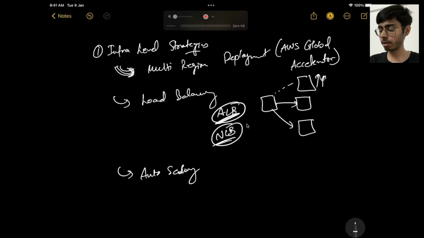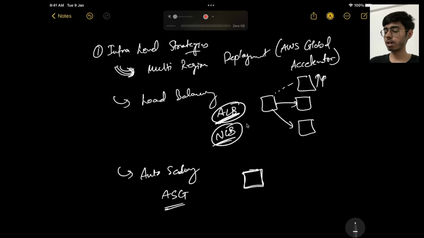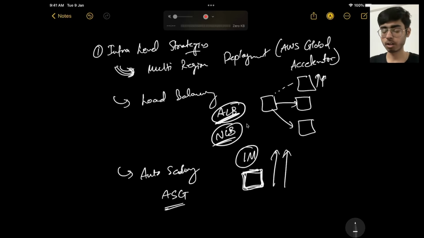So you can use AWS auto scaling groups, ASGs they are called, which actually handles the auto scaling of your system on its own. Because if you have, let's say, a chat service, and suddenly 1 million people are using your chat service, ASG will automatically scale this up, horizontal scaling or vertical scaling. It will automatically scale this service, and 1 million users can easily chat.